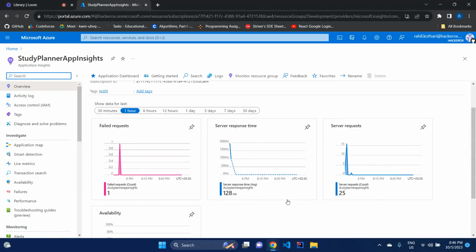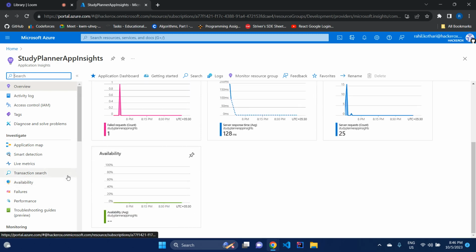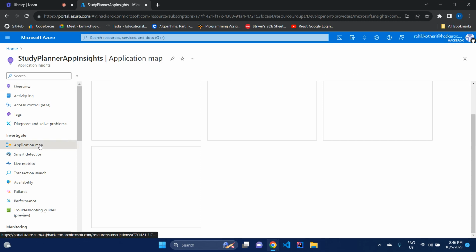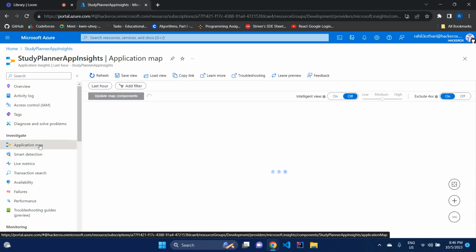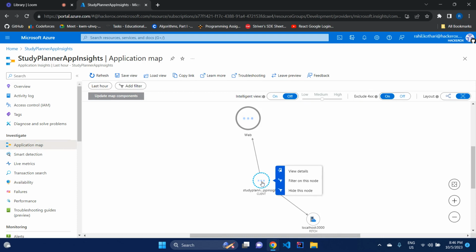So here's the demo for the App Insights from Azure for Study Planner. Here we have an overview of the number of failed requests in the past 1 hour, server response time, number of server requests, as well as availability. We have various other features like application map, which will be live once we have hosted the servers. Also, as we can see right now,